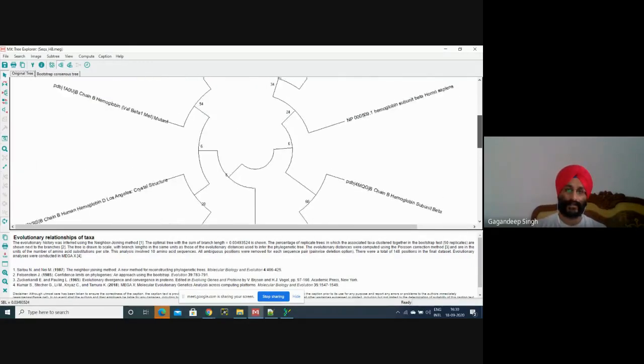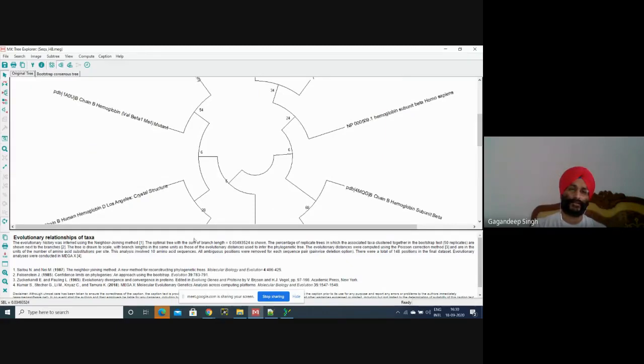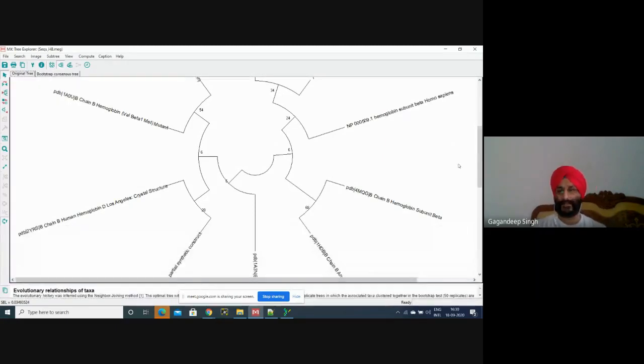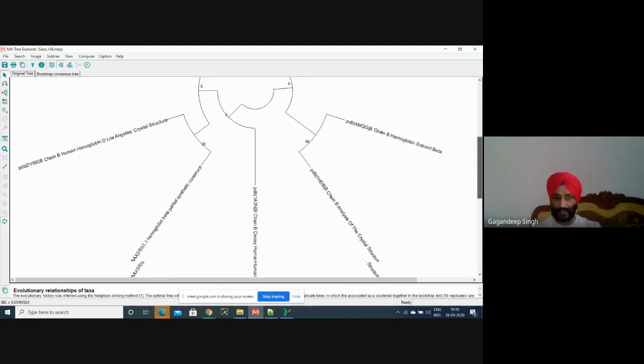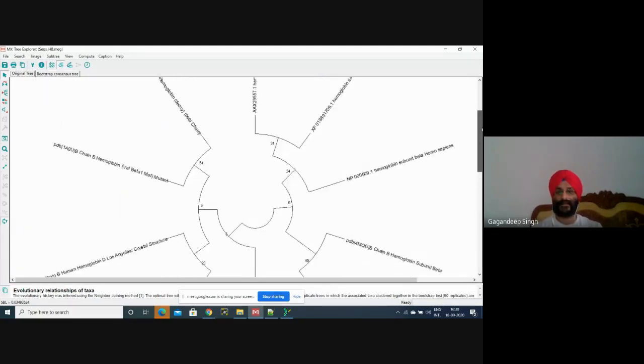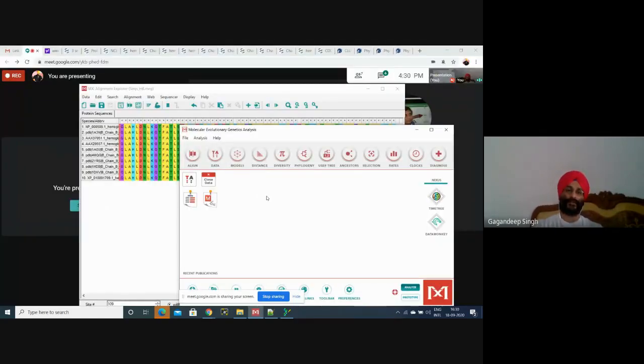By using Mega 10, there are several results of this Mega 10 available in several publications. You can easily find these publications, the results of this kind of trees of Mega 10, in good journals. Okay, now again we will do the same thing, and you should write, because I know this is a thing that mostly my students forget after running this software.